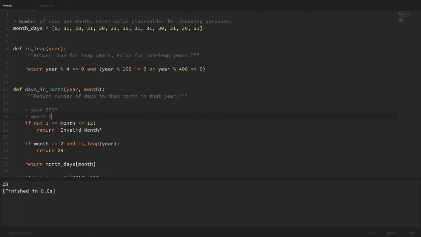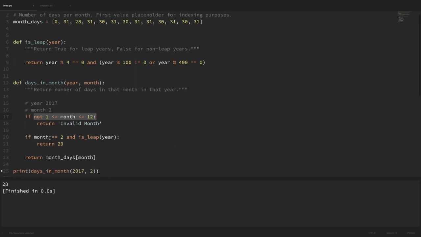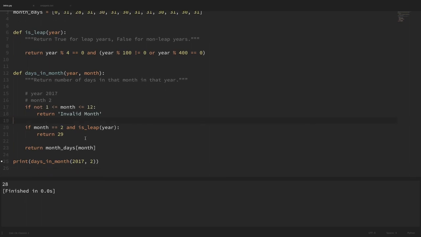So first, it checks if our month is not between 1 and 12. Our month is 2, so it is in that range. So it doesn't meet this conditional. And since it doesn't meet that conditional, then we just continue on. So our next conditional asks if the month is equal to 2 and is a leap year. So our month is equal to 2, but this isLeap function runs through its code with the year 2017 and returns false. So since isLeap is false and we're using an AND operator, then the whole conditional evaluates to false,